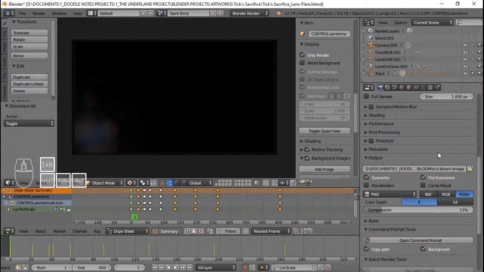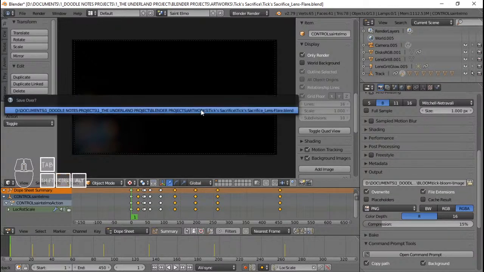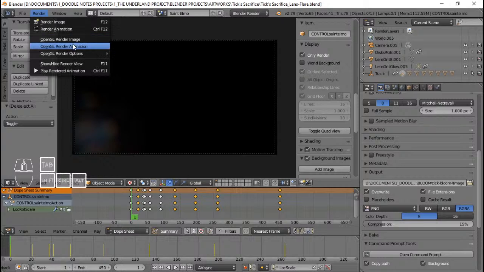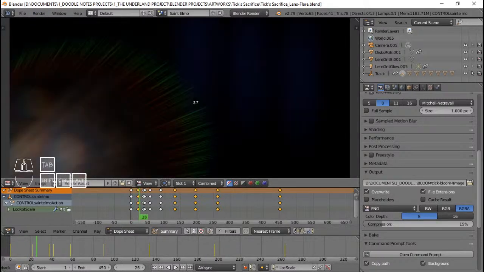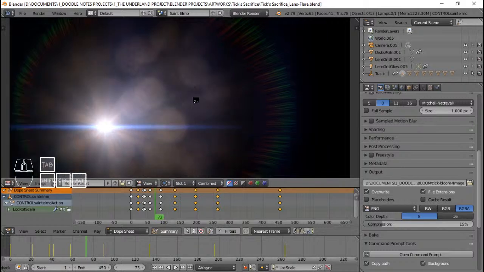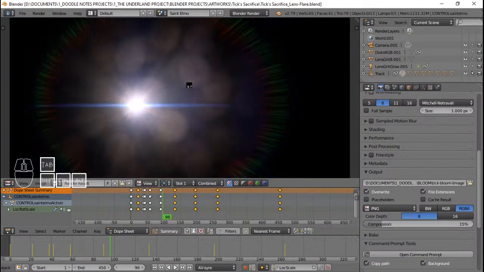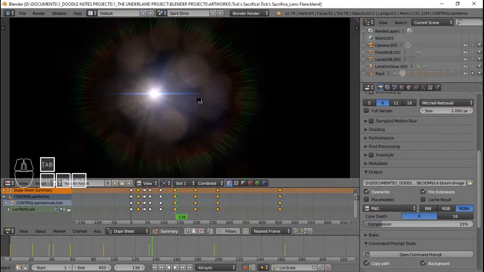So I'm just gonna render this as a viewport render. So things should be fine here. I'm gonna Control S, render. I'm gonna OpenGL render animation, and that should quickly render without even affecting our live stream here. So I'm just gonna wait for a bit because this is a very quick render. And since I overwrote the Bloom image sequence, it will automatically be added to our compositing later when I switch to